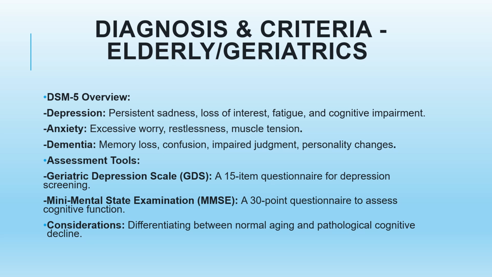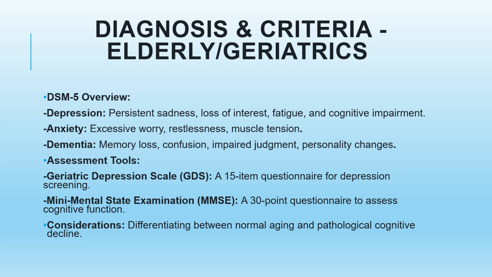Some assessment tools used are the Geriatric Depression Scale, which is a 15-item questionnaire for depression screening, and a Mini Mental State Examination, which is a 30-point questionnaire to assess cognitive function. And some considerations are differentiating between normal aging and pathological cognitive decline. This is because of the elderly population often having some decline only due to their age and not from mental